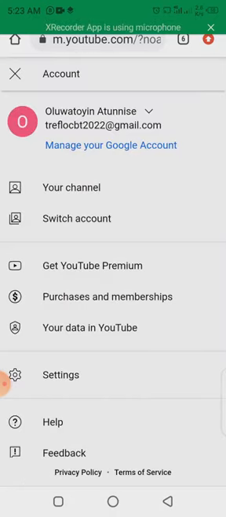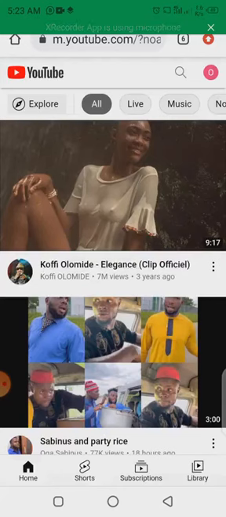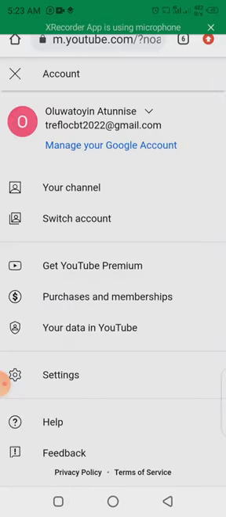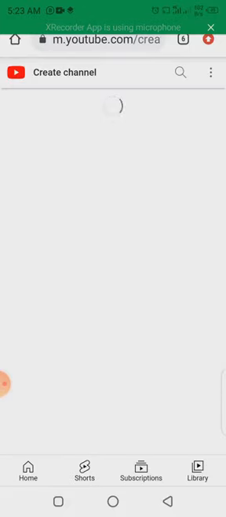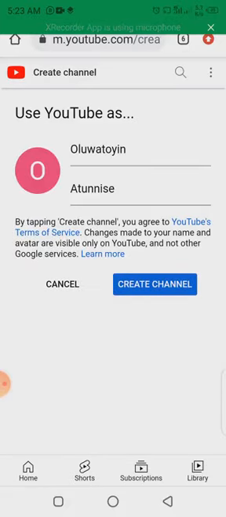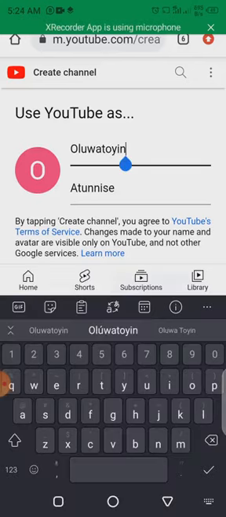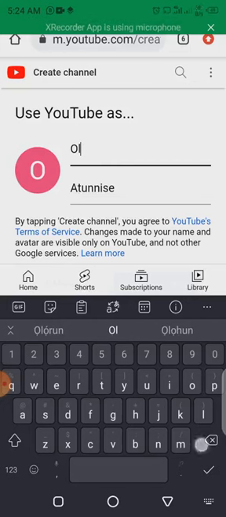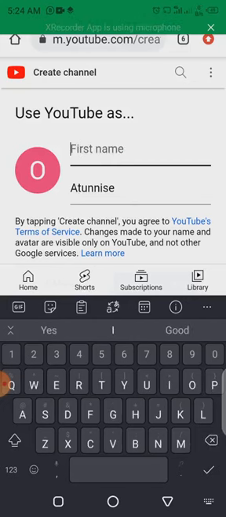yes, this icon is showing my email address that has been signed in on my Chrome browser. So when I get here, I'll click on the icon and then click on your channel. So it's saying use YouTube as Oluwatoyin Atunise. I want to use it as something else, so I'll change the name. I want to put in the name that I want my channel to bear, like